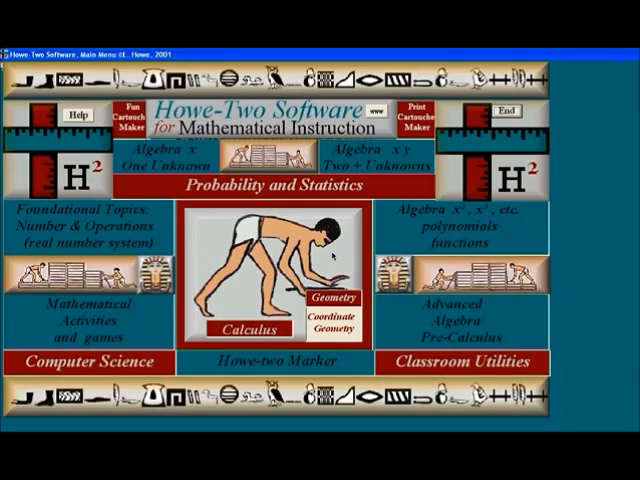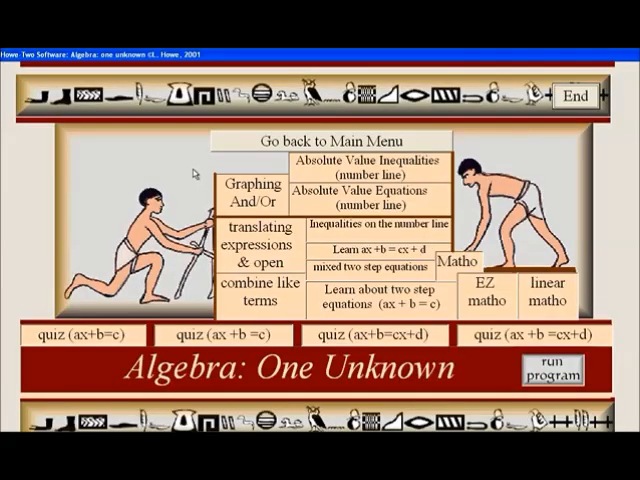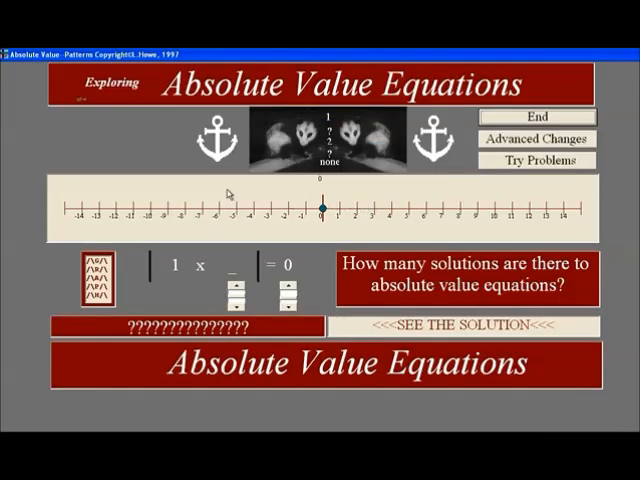You've already looked at inequalities on the number line. Now let's look at absolute value equations on the number line. So let's go to Algebra with One Unknown, and we'll go to absolute value equations on the number line. Now, this program, I believe, is kind of far-reaching because we don't usually introduce absolute value in its true sense,